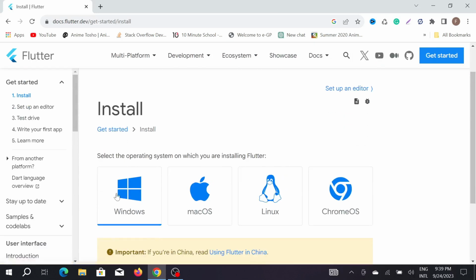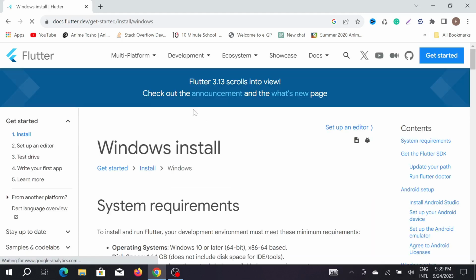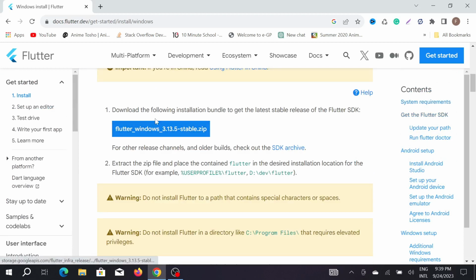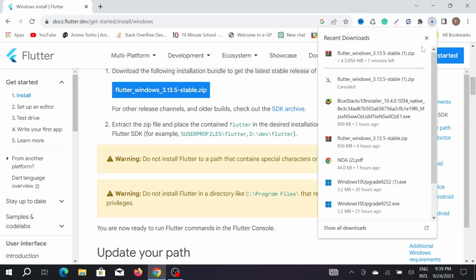and after that you can see the different types of operating systems to download. So we are downloading for Windows. Just click it here, Windows, and as you can see we are here, and to download it just click here, Flutter Windows 3.13.5. This is the latest version, and just click here, and as you can see my download is automatically started, but I previously downloaded it, so I don't need to